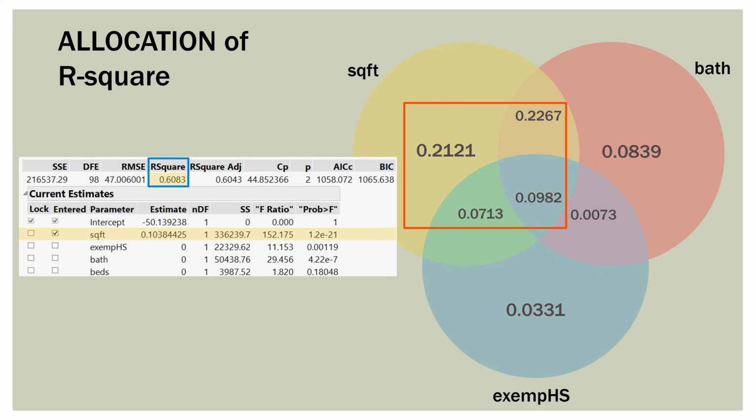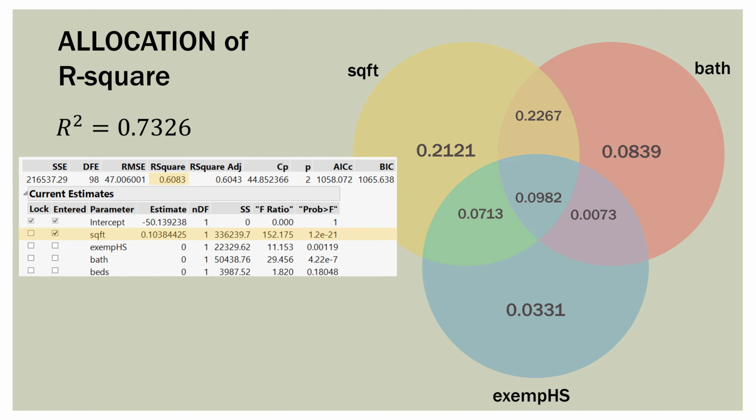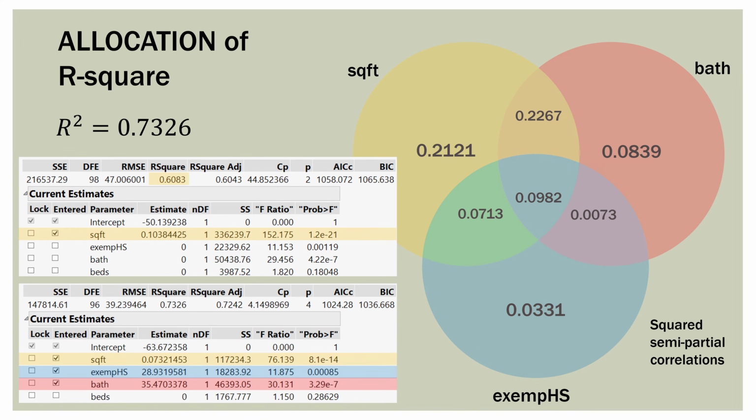So you see the R squared? The sum of squares divided by the total sum of squares gives us our R squared if we look at square footage on its own. And then the total for all the sum of squares, if we add up everything in the Venn diagram, we can add up the sum of squares and divide by SST, or we can add up these decimals, gives us the same thing, 0.7326, and you can see that in the full model down here below,